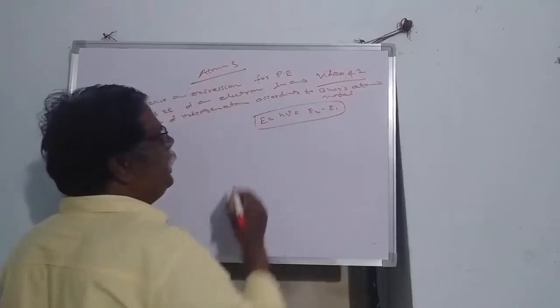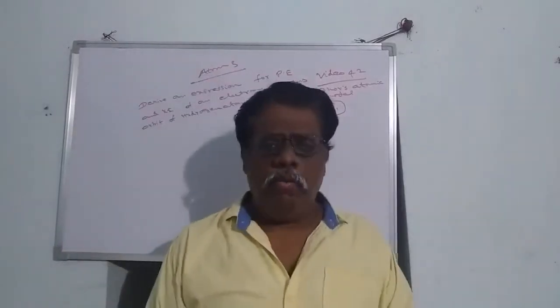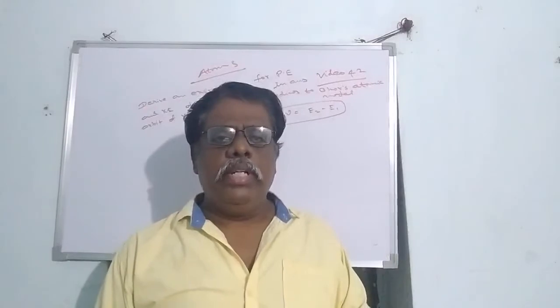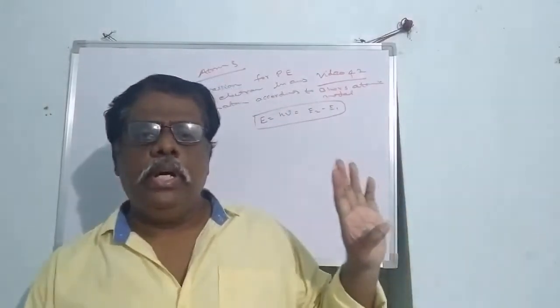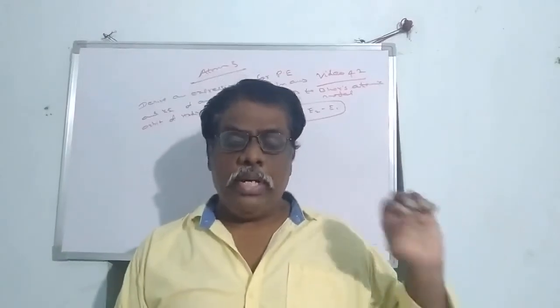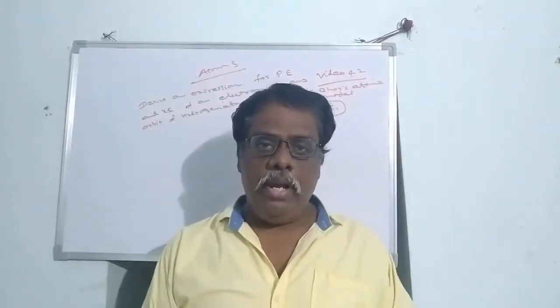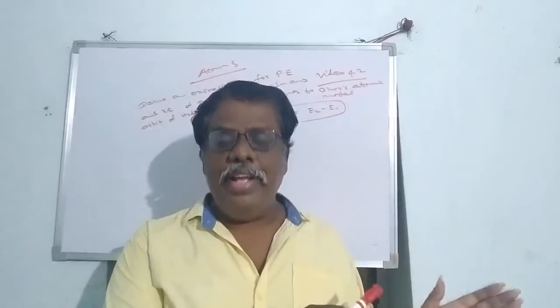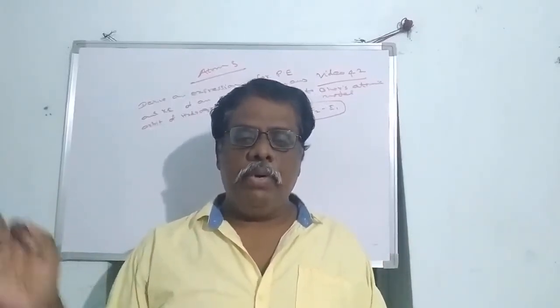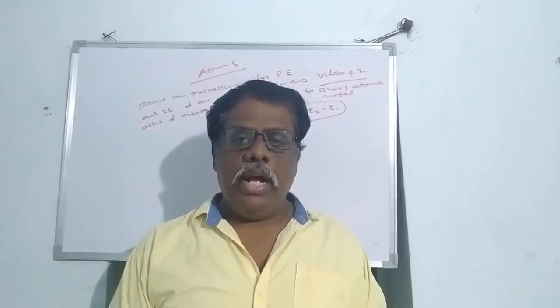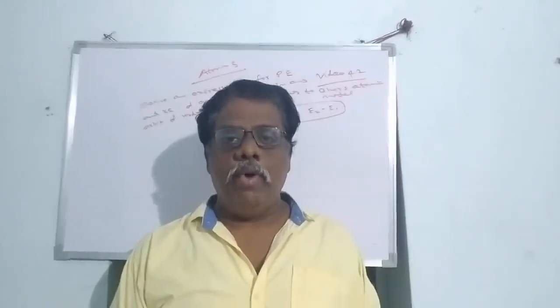Also, we studied the limitations of Bohr's atomic model. So once again, we have to remember 4 limitations to write for Bohr's atomic model. What are the limitations? The first one, it is valid only for lighter elements. That means Z value equal to 1, that is for the hydrogen atom. It is not valid for Z value greater than 1.